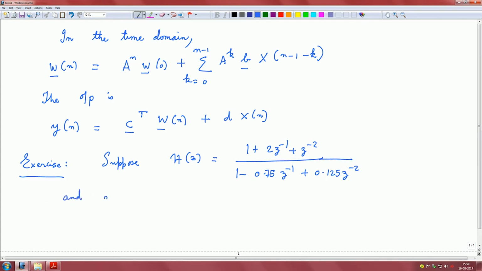And suppose you have x of n is (1/2) power n u of n,